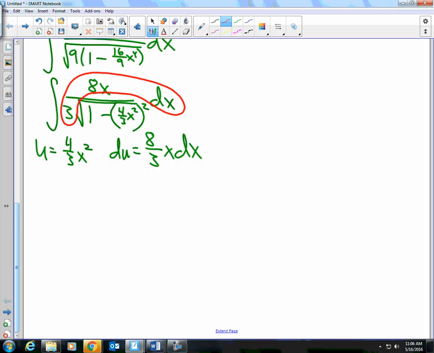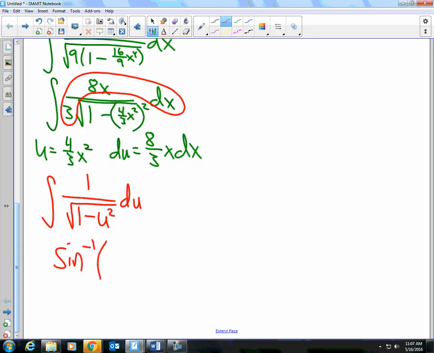So now you have the integral of 1 over the square root of 1 minus u squared du. What is the antiderivative of that? Sine inverse. So we get sine inverse of u, and u is